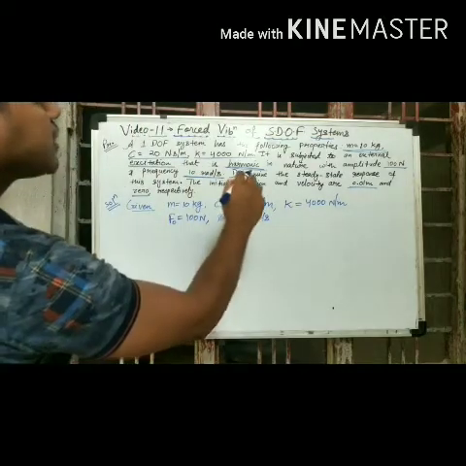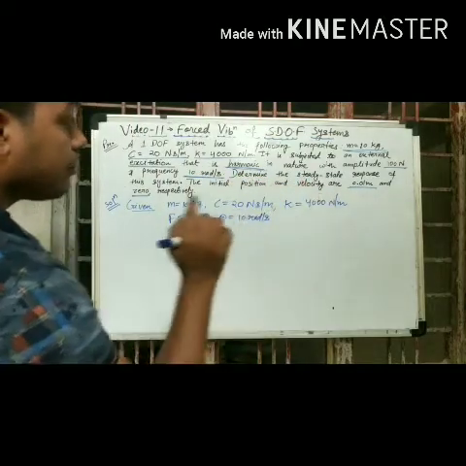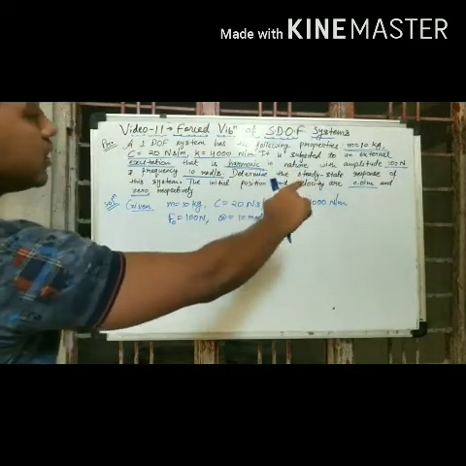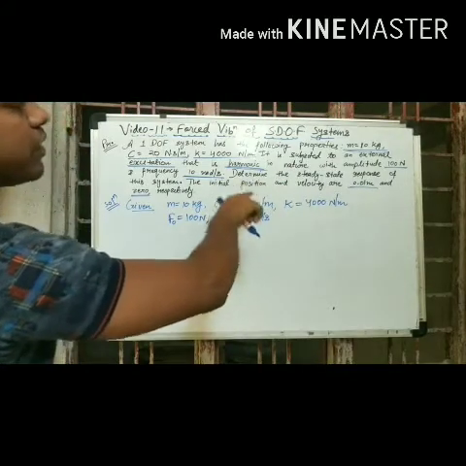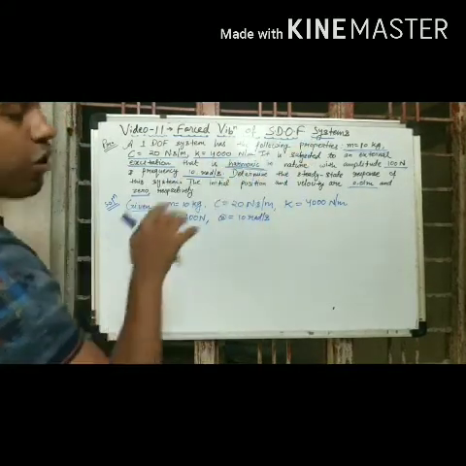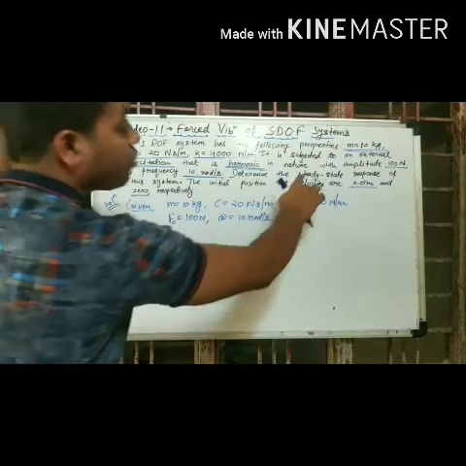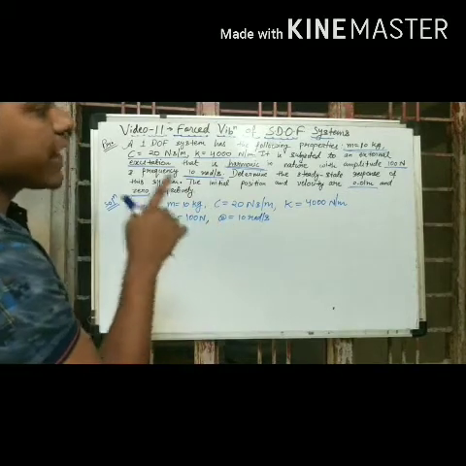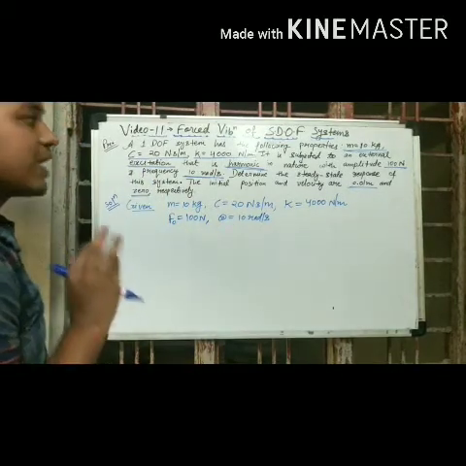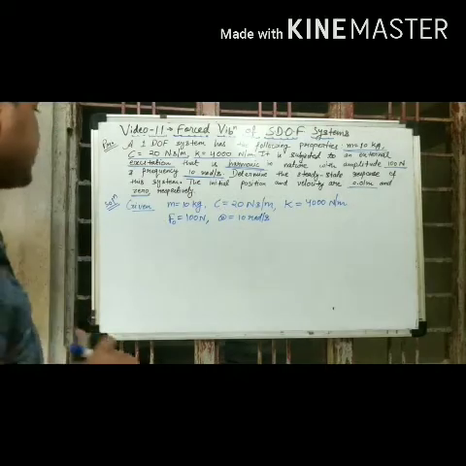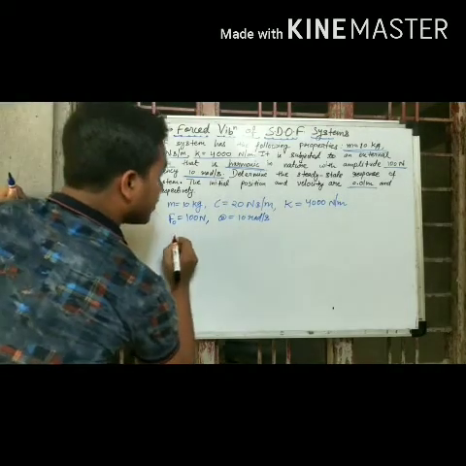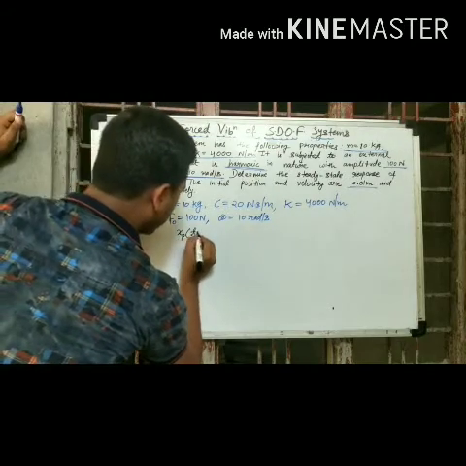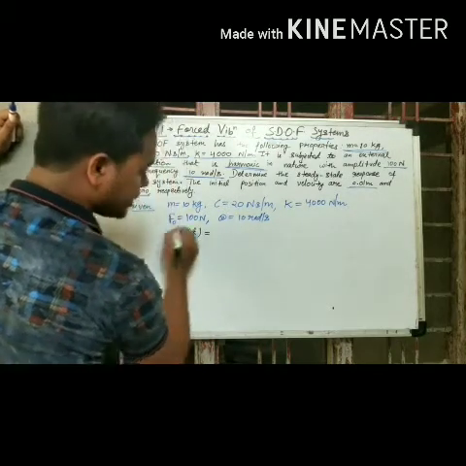Now they are asking for determining the steady state response. Be careful, they are not asking about the general response, the total response. They are not asking about the complementary function part response or transient response. They are asking for only the steady state response, which means they are asking about x_p(t). They are not asking about x(t) or x_c(t). So we need to find the x_p(t), the particular integral part, which is the steady state response.